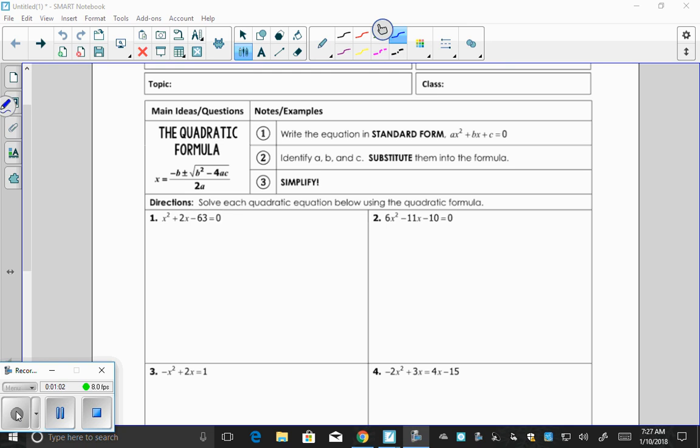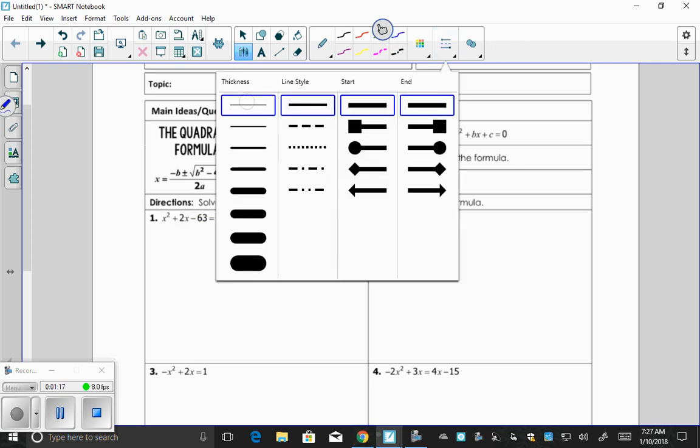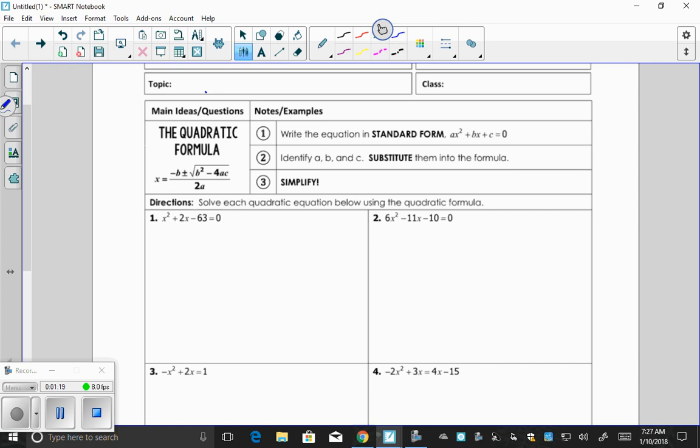So if I'm using my formula, step one is to get everything in standard form: ax squared plus bx plus c equals 0. Well, if I look, all of my stuff is on one side of the equation, and that's what I want. So step two is to identify a, b, and c. Remember, a is in front of x squared, so in this case, a is equal to 1. B is in front of x, so b is 2. And c is the constant that's on the end. So in this case, c is negative